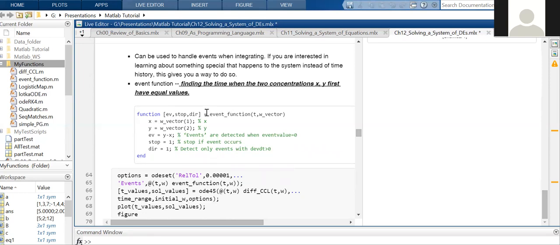So these are the event functions. This is a standard event function. So you have the event, and then you have the stop, and you have direction. So direction is, you can define, in this case, if it is 1, we detect only when the events are increasing. So the derivative is in the positive direction. Okay. If it is negative, then it will, if it is going